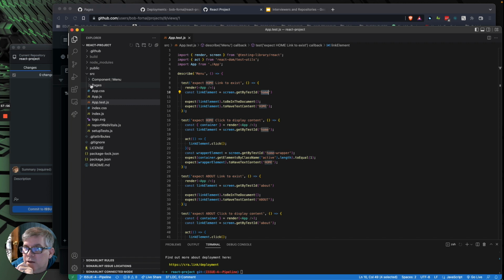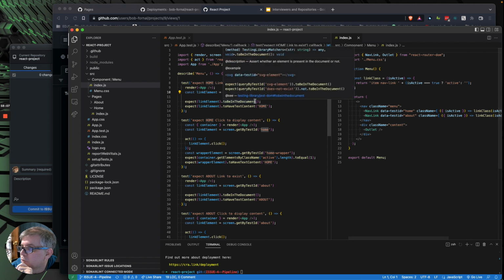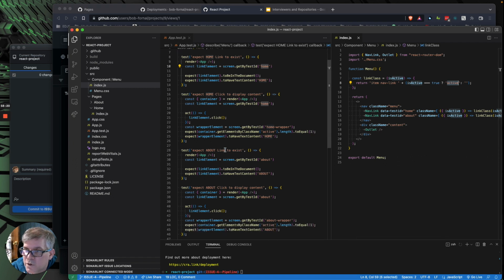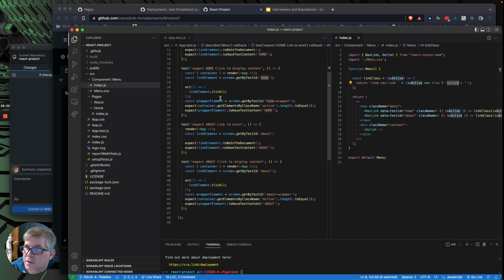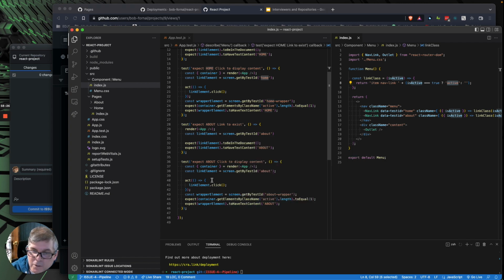Okay, so if we look at our home. Oh, we don't want to look at our home page. We want to look at home in the menu. We want to open this aside so we can see both, side by side. We have this link class that's generated. It sends back active if it is active. It sends back nothing if it's not. So you should get item, navlink, and active. Okay? And that's what we're testing for here. So I'm spinning it up. I'm testing each of them, that they exist and that they can display the content correctly when they're clicked on.